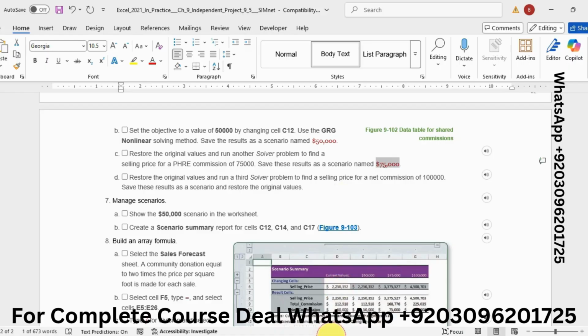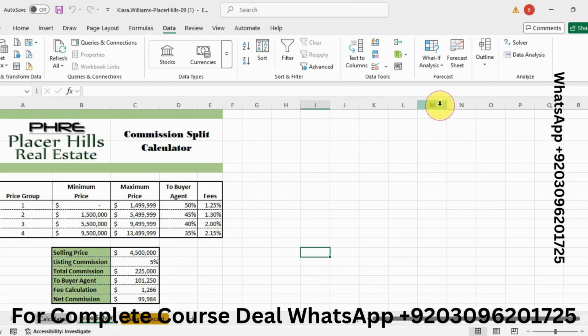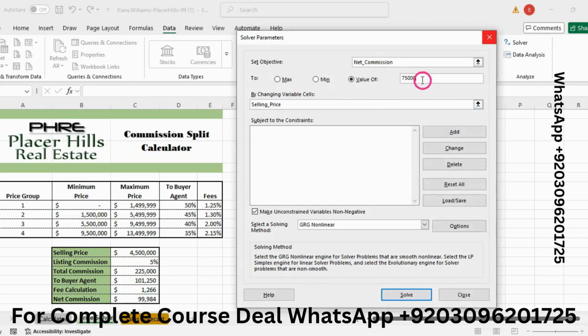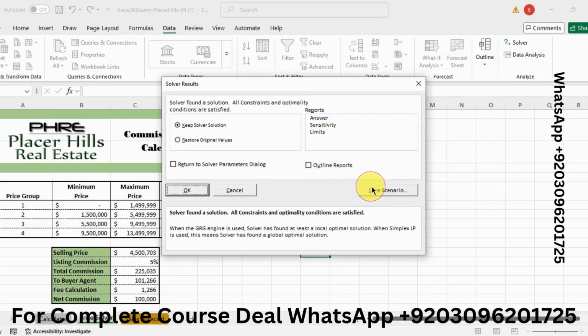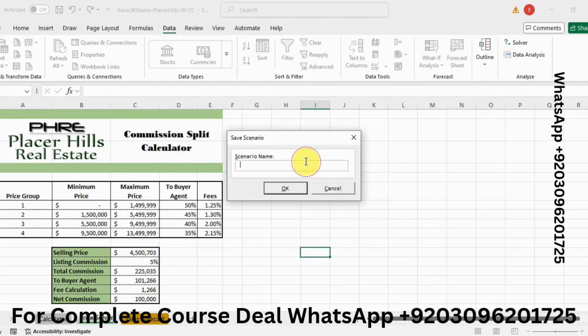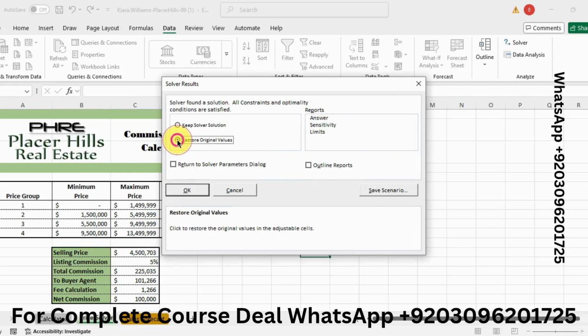So go to Solver again and now the value of 100k, and then click on Solve and now click on Save Scenario, and now here you need to type the name, and then click on OK and click on Restore Original Values and then click on OK.